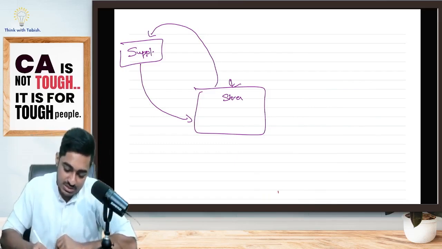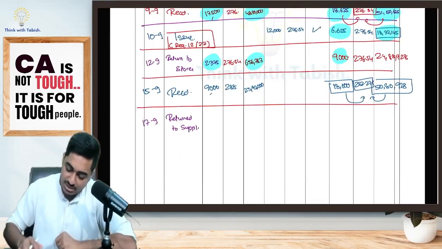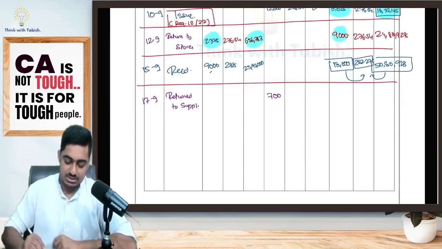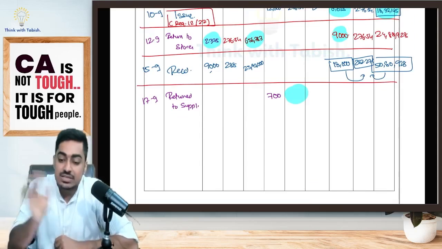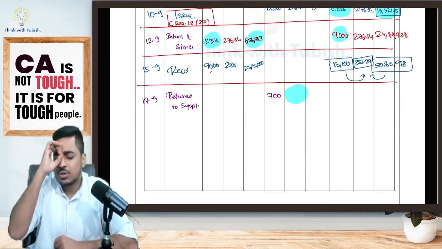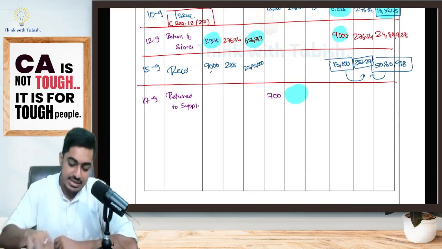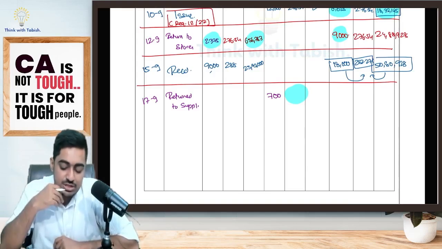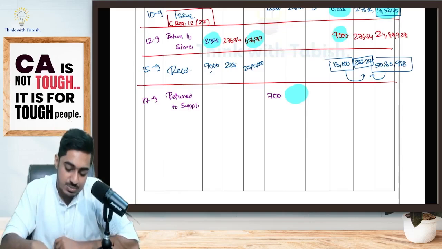How much quantity am I returning? 700 units. That means first, it will come under the issue column, 700 units. Now the next big thing is, which rate should I be using? Should I be using the weighted average rate? No. Understand one principle: if specific data is available, only specific data will come. If specific data is not there, only then the method of valuation will come. Let us see. Return to supplier 700 units, out of quantity received vide purchase order number 160. Let me see where purchase order 160 is. September 1, purchase order 160. No. Received purchase order.